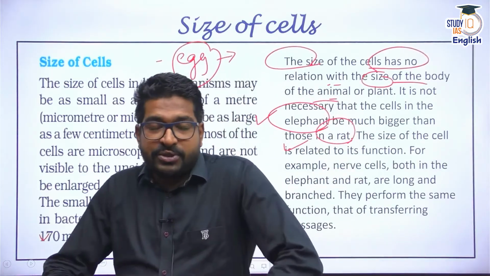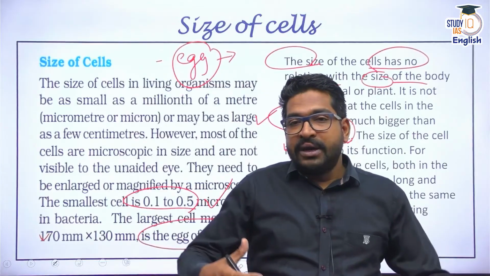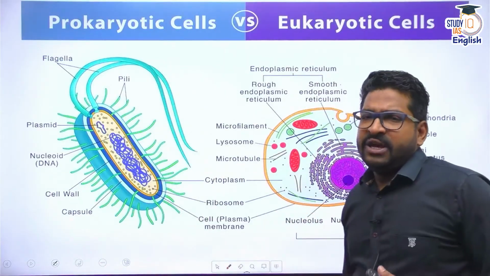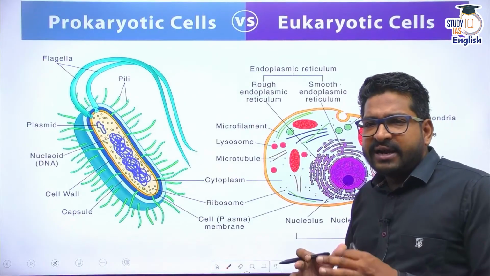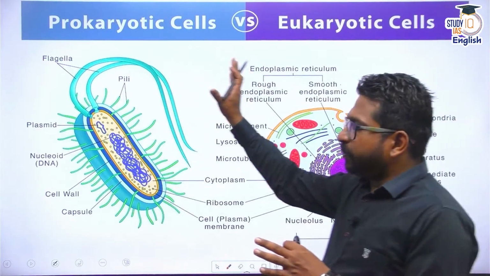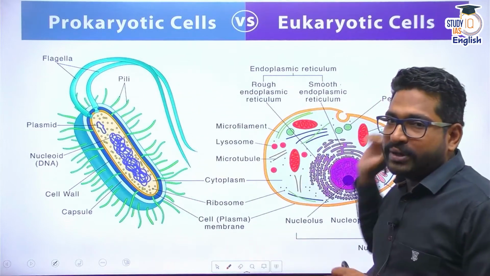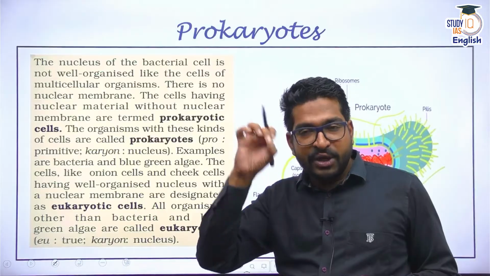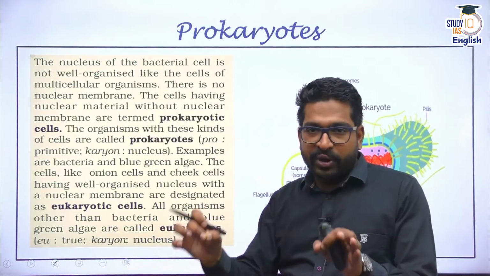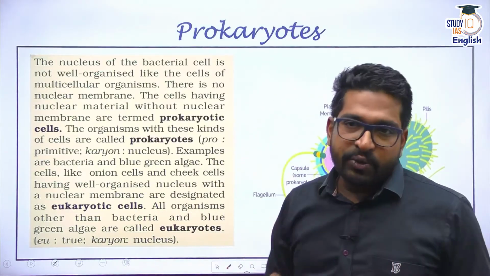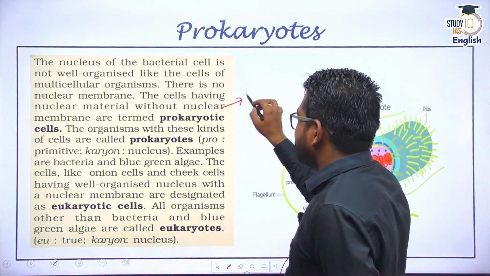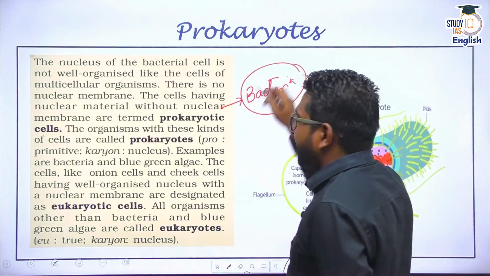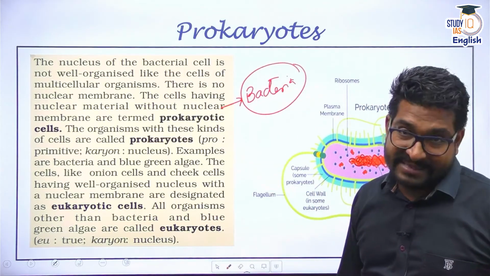Now, we spoke about the number of cells, the shape of the cell, and the size of the cell. Now, what is the structure of the cell? Whenever we talk about a cell, we can divide cells into two categories. One is the prokaryotic cell, one is the eukaryotic cell. Whenever anybody mentions a prokaryotic cell, I want all the UPSC aspirants to remember something called bacteria. So all bacteria are prokaryotic cells.